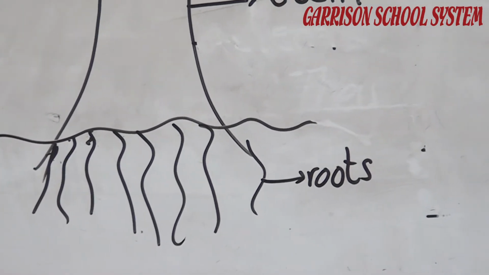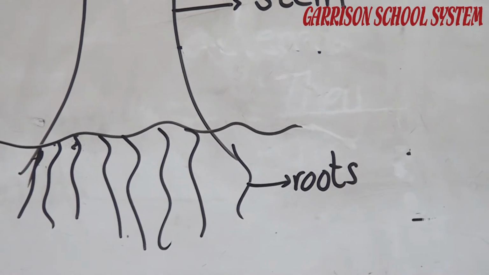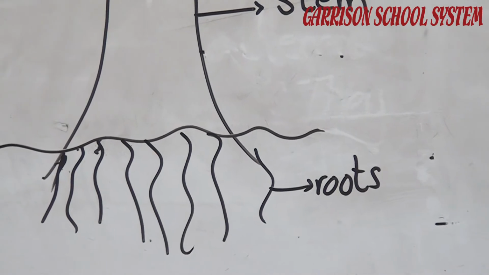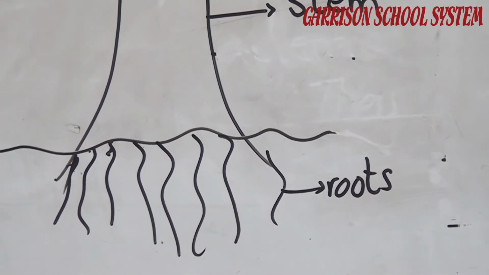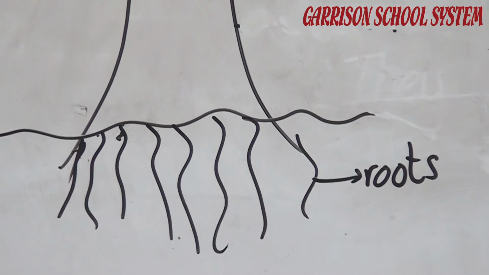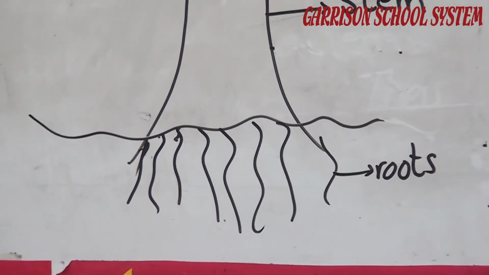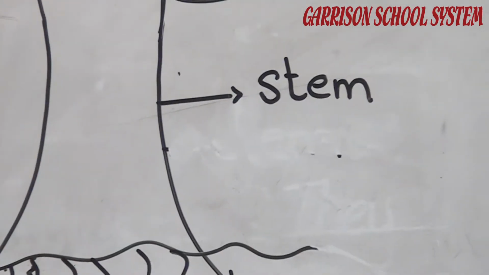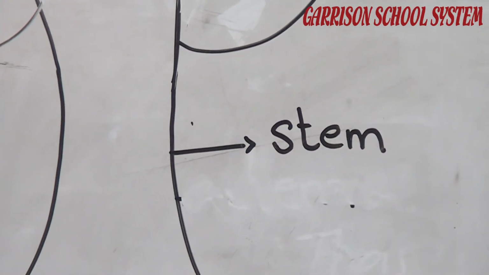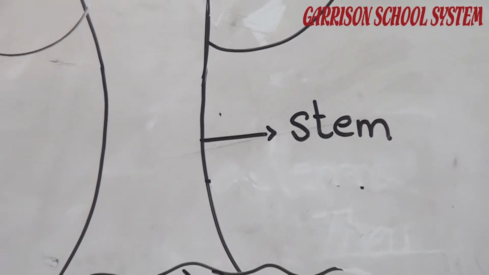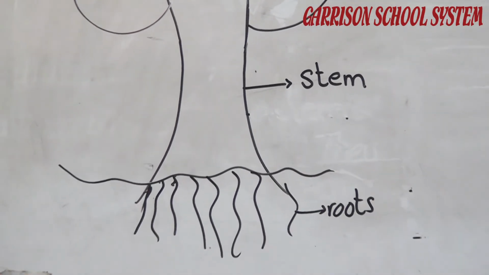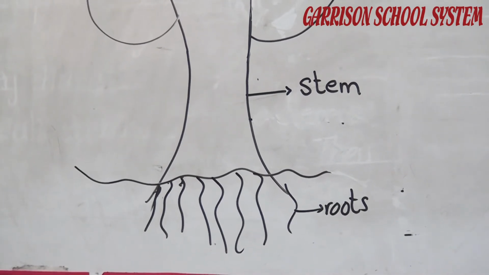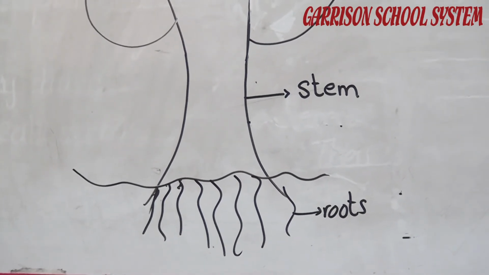You know that plants are living things. They also need water, food, nutrients. So the roots are under the ground because you know that the water is under the ground. So roots remain under the ground and take in water from the ground and the other nutrients which the plant needs. The second, after the root there is a stem. Stem carries the water and nutrients which the roots have taken from the ground. They pass through the stem. So stem carries water and food to other parts of the plant.